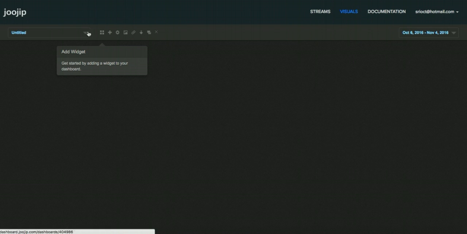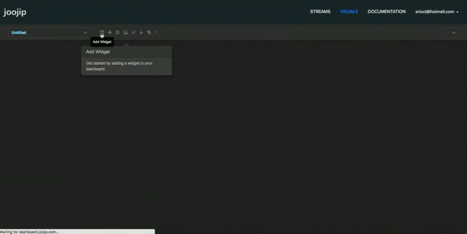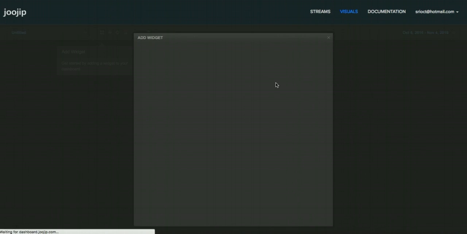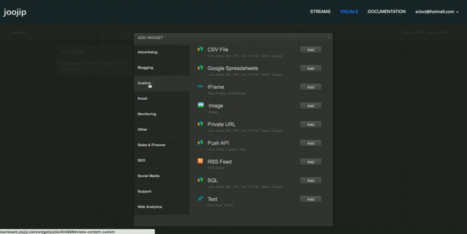So now you can create a name for your dashboard. Let's say I create something called... I'll just leave that for now. I add a new widget, and since this is custom data that you have created, we need to click on custom, and we have a private URL. There is an API key that gets exchanged from your data source to this one. So you click on private URL,